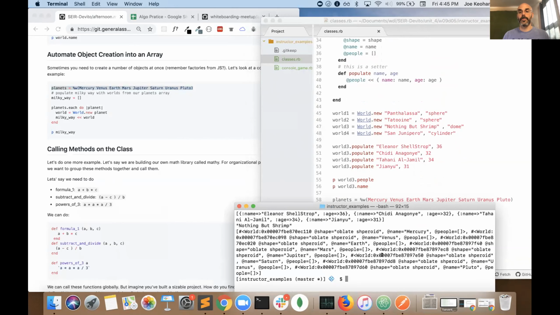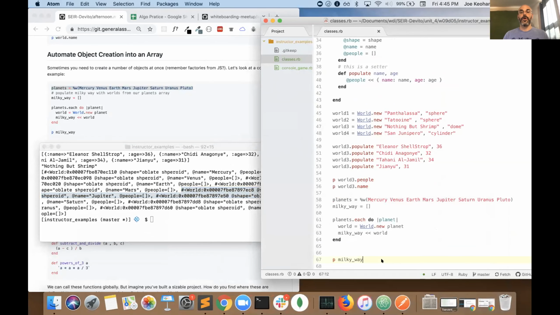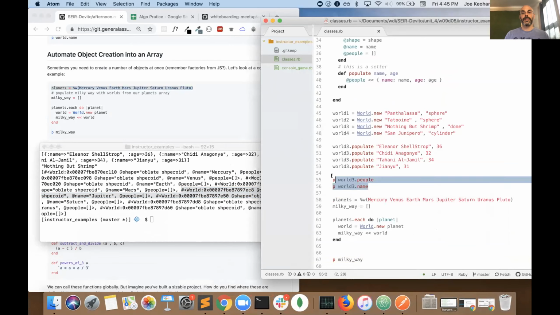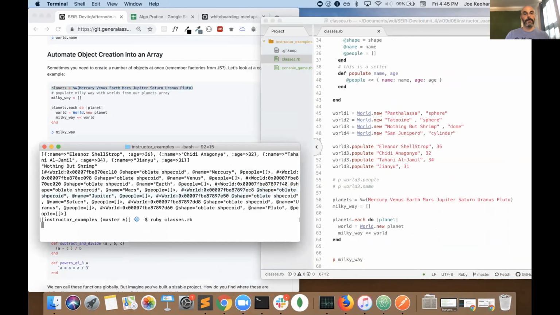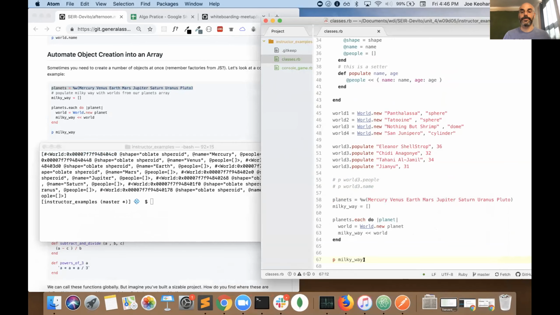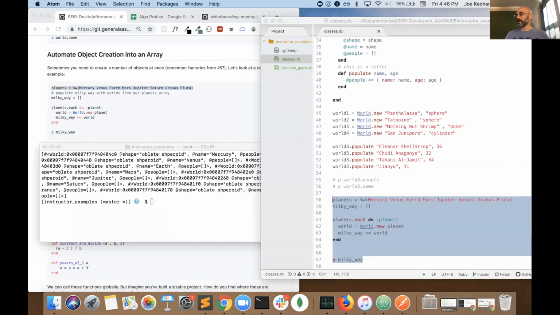It is working. I'm also getting that object ID. It's like showing me everything because I'm asking for all the elements. Here, I'm going to get rid of these two prints here and just say, let me try this one more time. Right? Yeah. So it's giving me that object ID, that GUID, but it's giving me the shape, it's giving me the name, it's giving me the people. Right? So let's type this out. So we have this